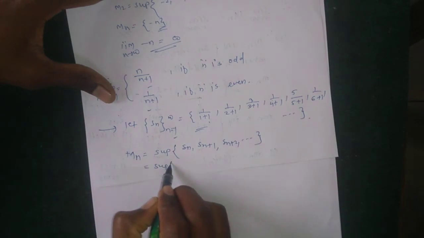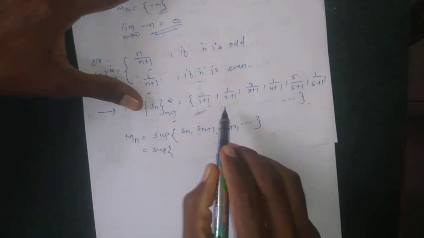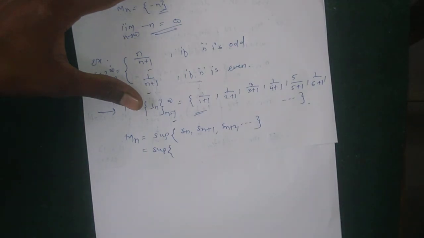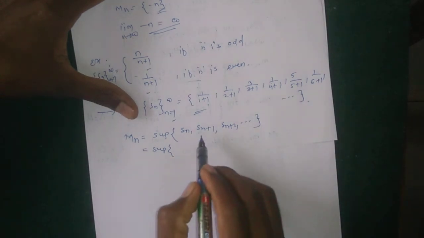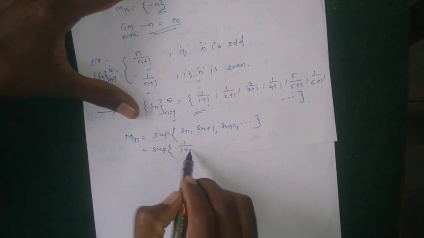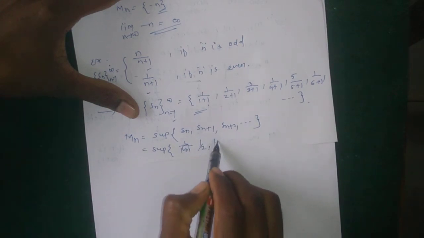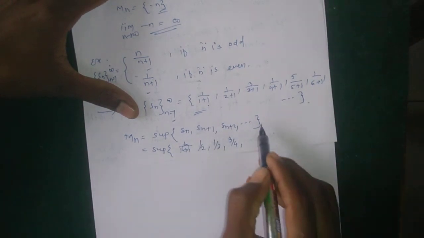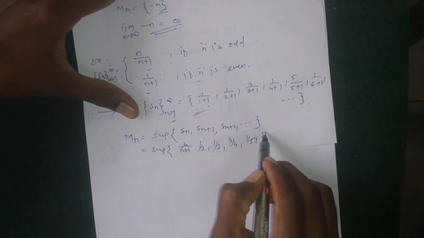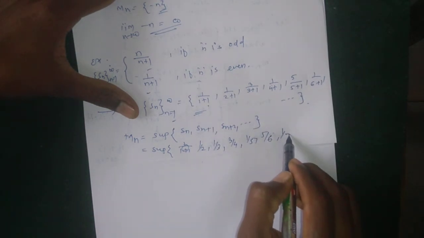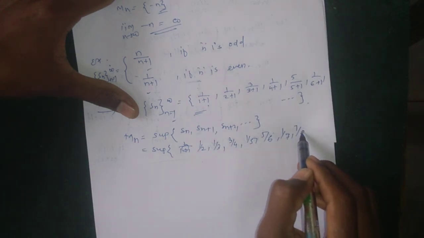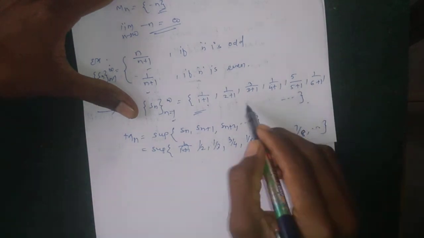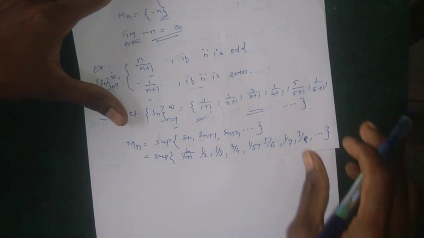So putting their value, the supremum of Sn. Suppose that the supremum of all these terms, 1 upon 1 plus... means this is 1 by 2, then 1 by 3, then 3 by 4, then 1 by 5, then 5 by 6, then 1 by 7, then 7 by 8, and so on, we get the elements of this Sn. Okay, so therefore